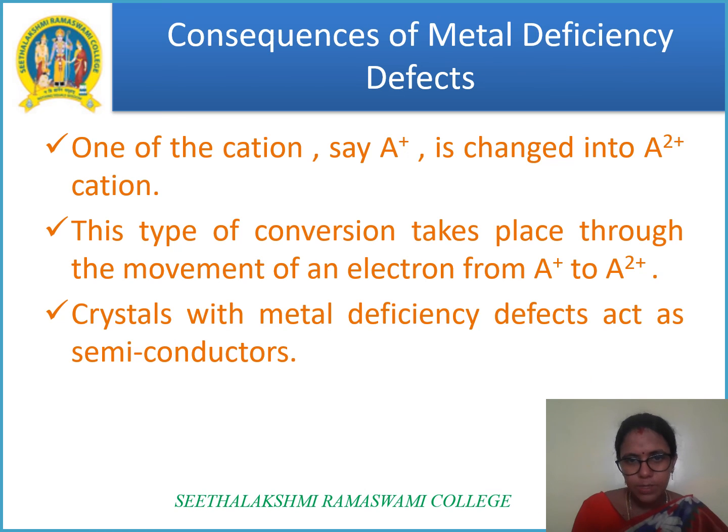As a consequence of metal deficiency defect, one of the cations A+ is changed into A2+ cation. This type of conversion takes place through the movement of an electron from A+ to A2+. This type of movement is called movement of the positive hole, which makes the crystal with the metal deficiency defects act